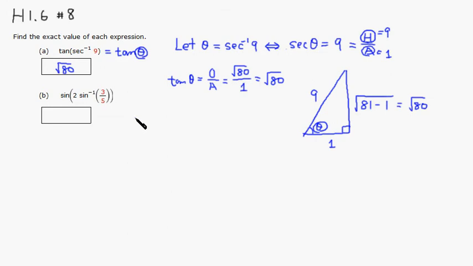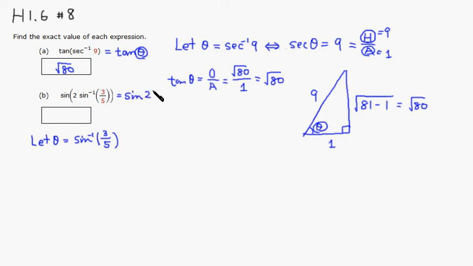For part B, the trick is pretty much the same. We're going to do a substitution. Let theta be arc sine of 3 over 5. So we can rewrite this as sine of